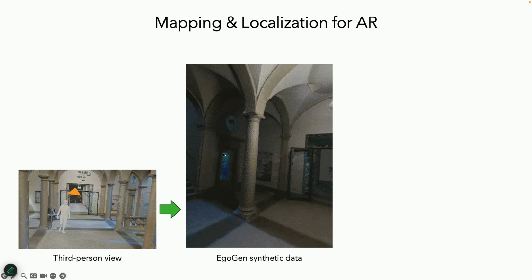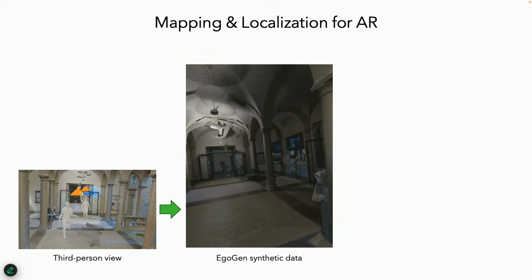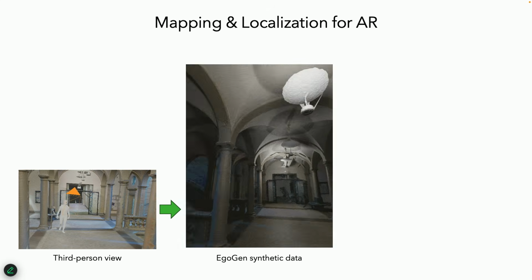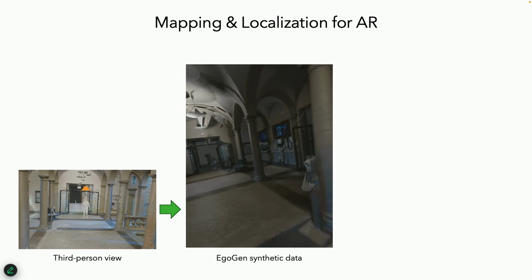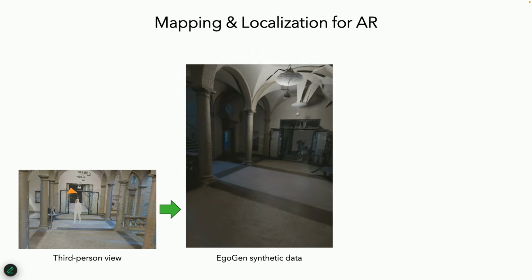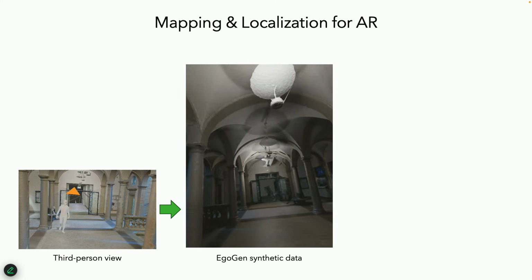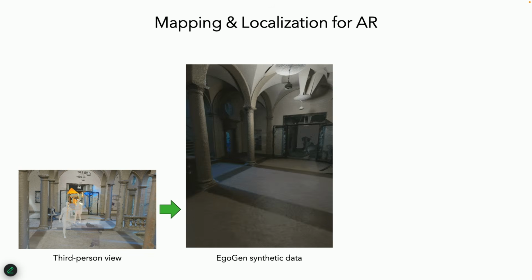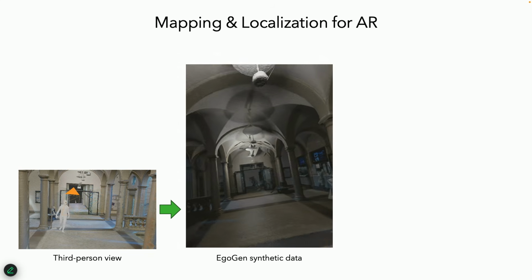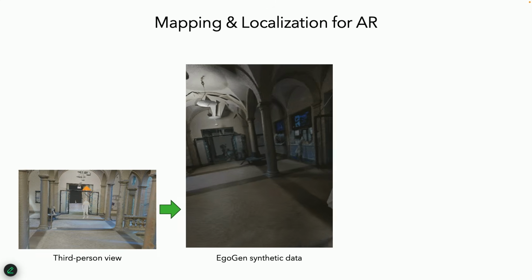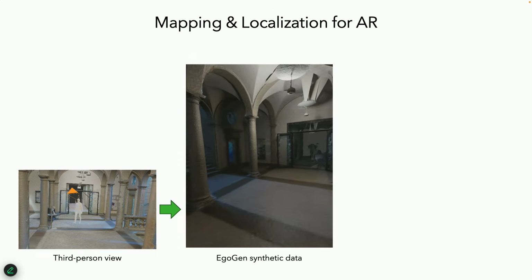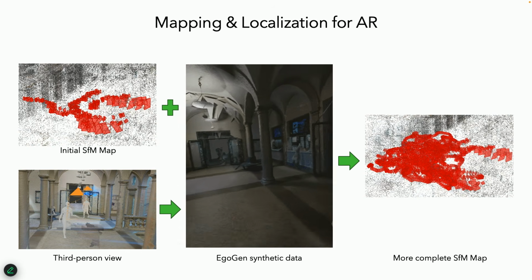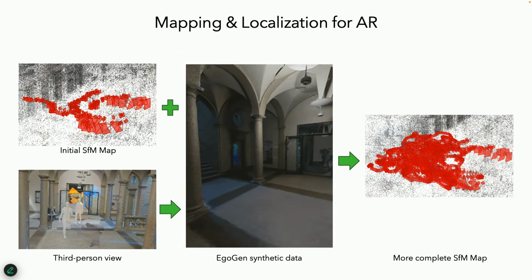Now what we can do is put a virtual human, as many as we want, in this virtual building, and then we can collect synthetic data from this virtual human's perspective, right? And since this virtual human's behavior is supposed to be close to real human behavior, we hope this synthetic data, at least the camera angle distribution, maybe not photorealistic yet, is close to the data captured from the HoloLens worn